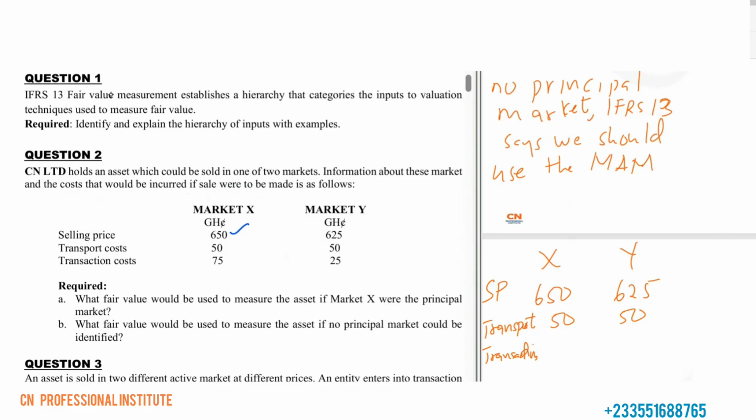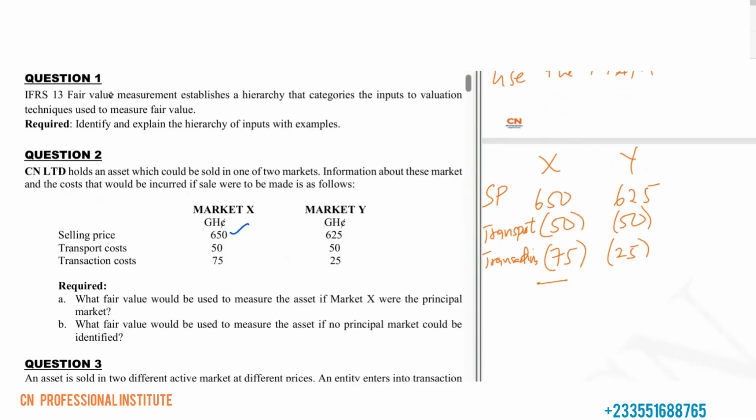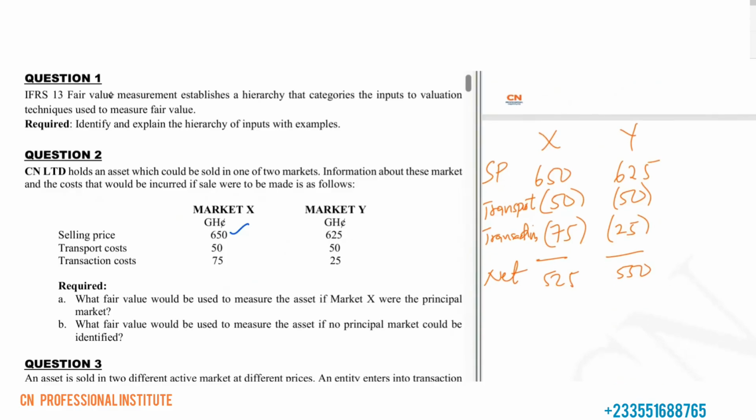Market X is 75. Y is what? 25. So we have to less them, right? So after lessing, what do you have here? The net amount here will be 650 minus 50 minus 75. Here will be 525. And here will be what? 550. All right. So looking at this here, we say therefore market